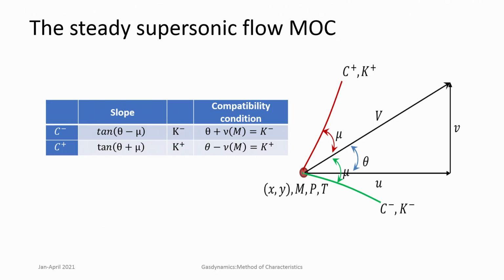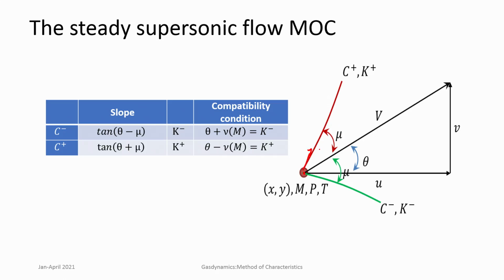The sum total of what was done in the last class was that if you consider any general point in the flow field at any x and y having a certain Mach number, pressure, temperature, so it is an isentropic flow, you find that it has a certain direction, that is, it has a certain direction having an angle theta. There are two characteristics associated with this particular point. One is the C plus characteristic, which happens at tan of theta plus mu, that is, this is the slope of